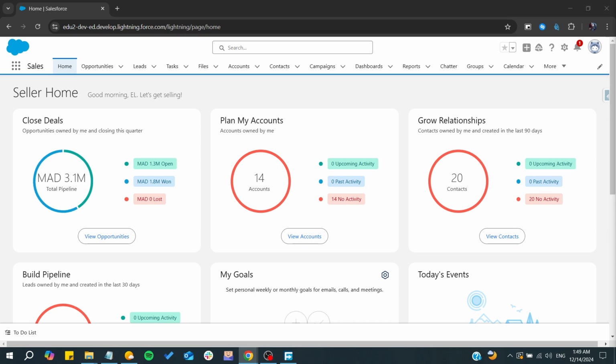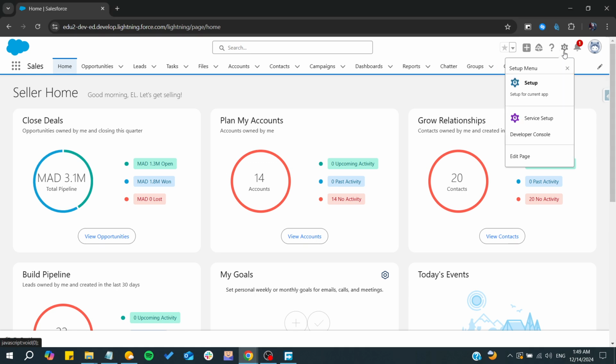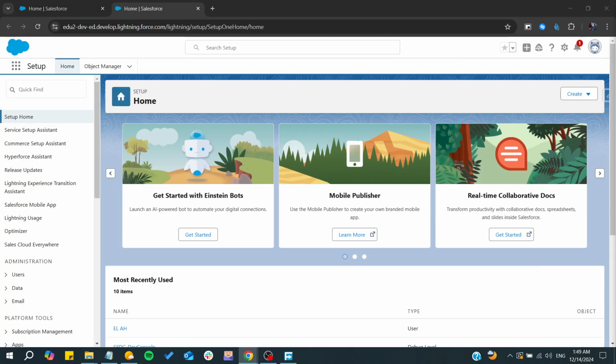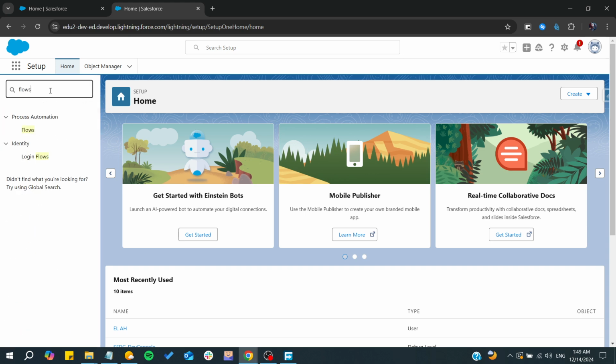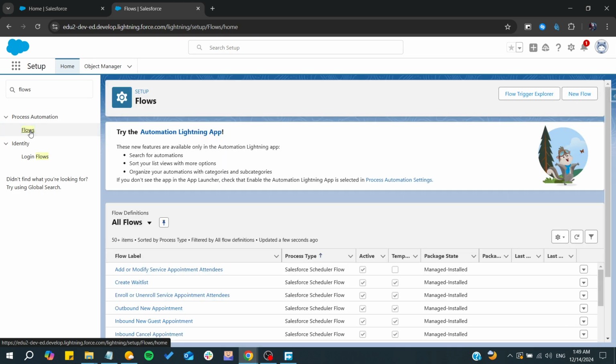So simply, we need first to go to the flows in our Salesforce organization. And basically to do so, we need to go to the setup menu, and from here just go to setup. And now we need to search for flows in the quick find text box. We need to type flows, and access the list of all our flows in